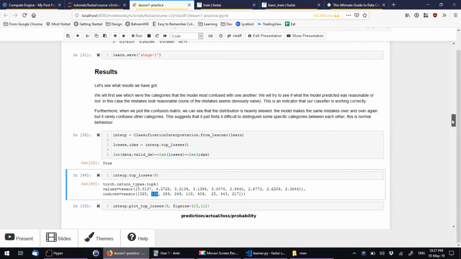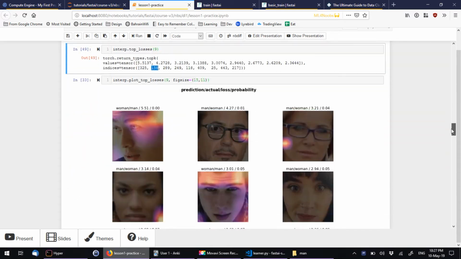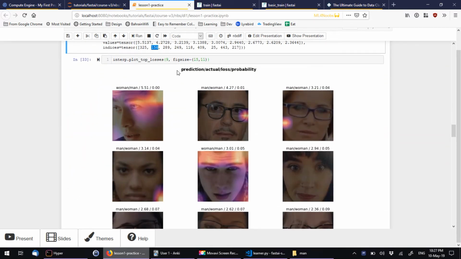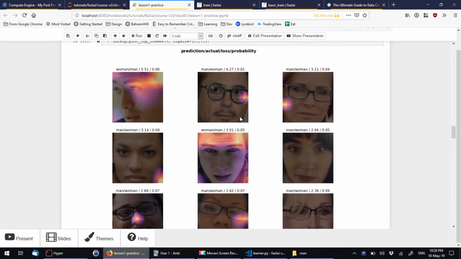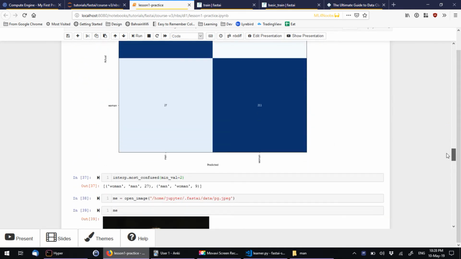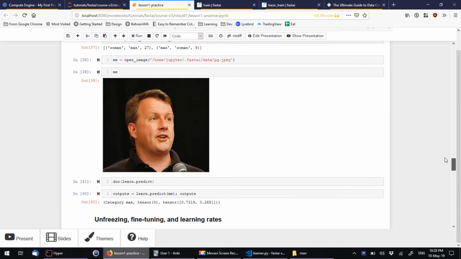so that's good. And we also know that there's a problem here, and we were able to retrieve the top losses, but I really don't know how to actually access the proper index to see what the image will look like. And so we can see here that it thinks that, who's this guy? Robert Downey Jr.? Mr. Iron Man here is a woman, but I'm not really sure why it thinks that. And so, yeah, maybe it's mislabeled data. Maybe that would explain why. But anyway,